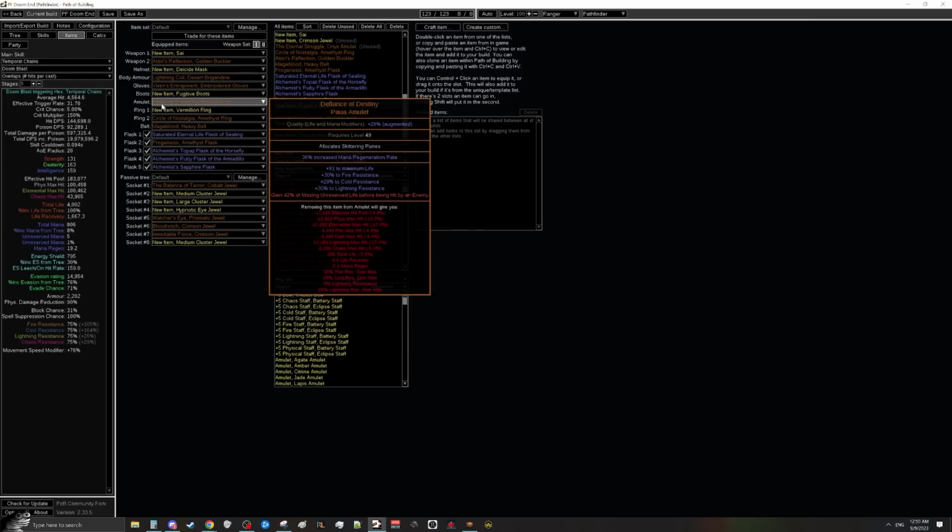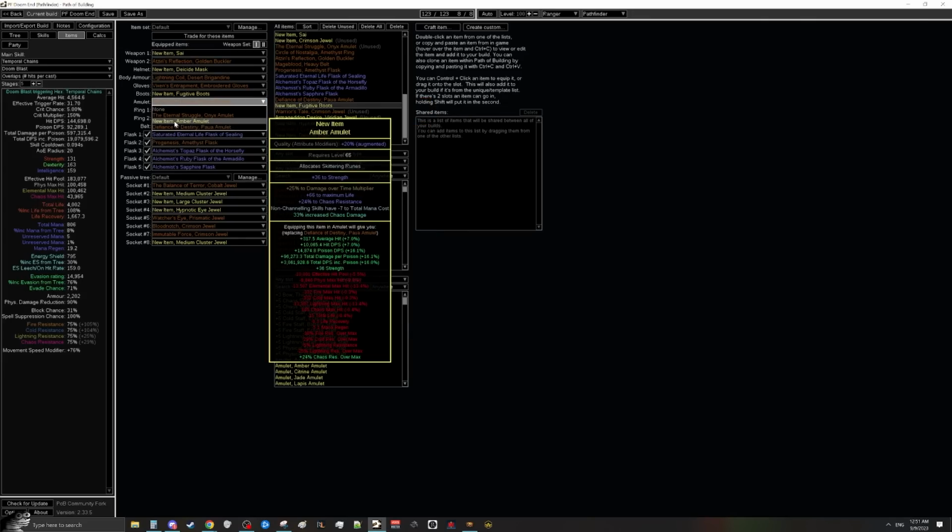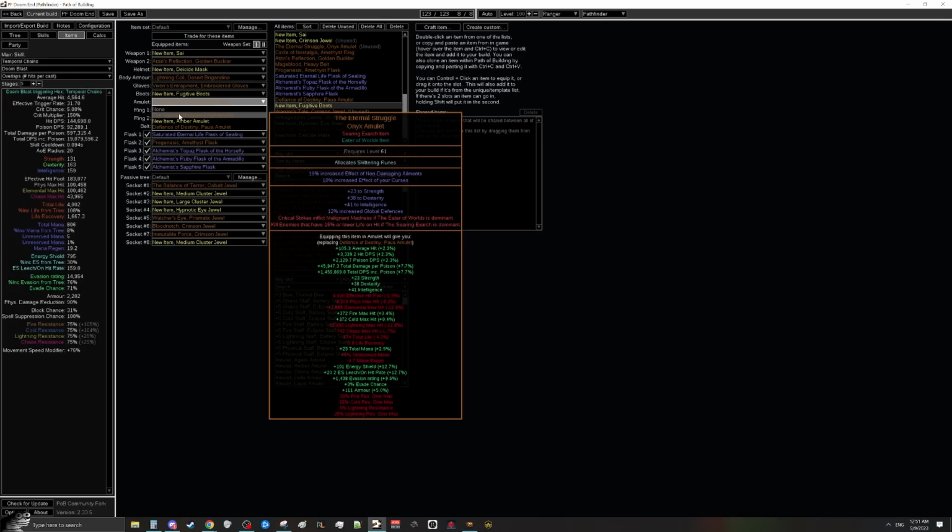Moving on next to the amulet slot. So the amulet slot is going to still be pretty flexible. You can still choose to run a crafted amulet. If you like your crafted amulet, it'll give you quite a lot of damage and get you substantially closer to Uber Cap. You can still choose to run an Eternal Struggle as well if you want the extra attributes of